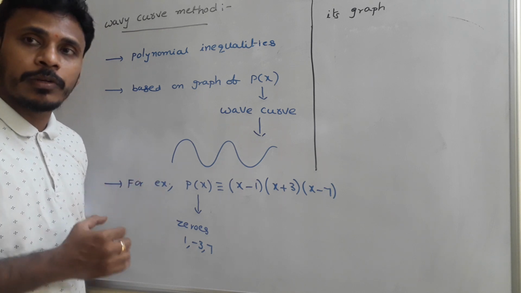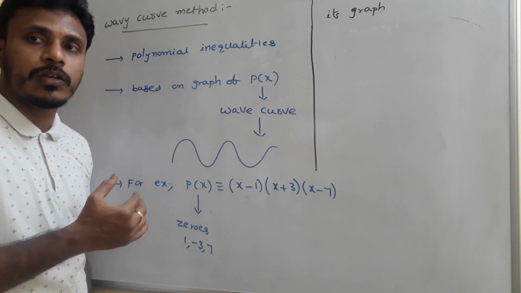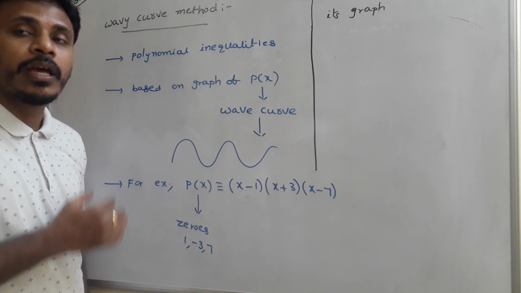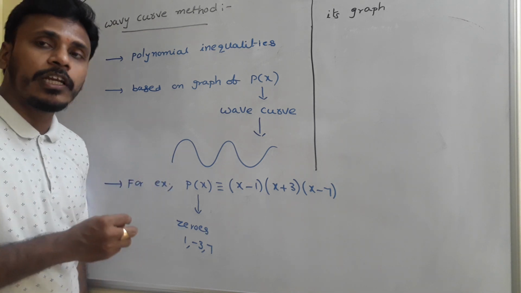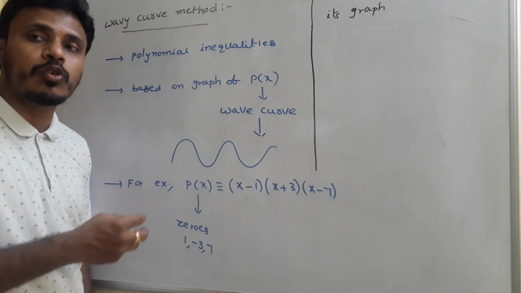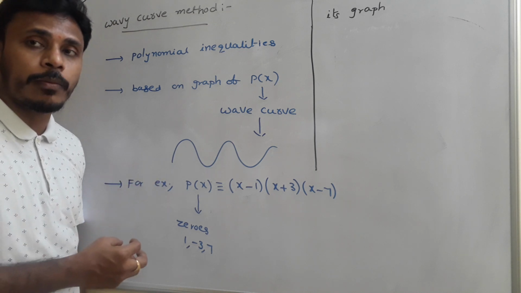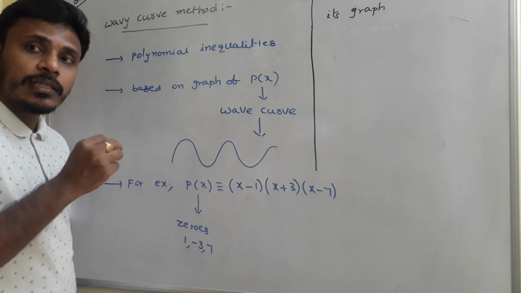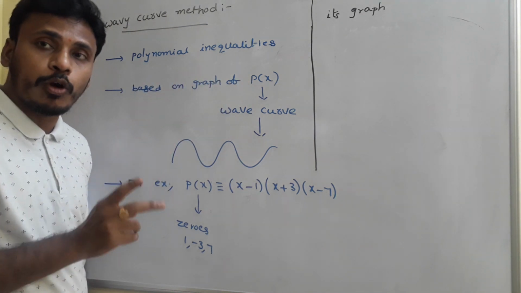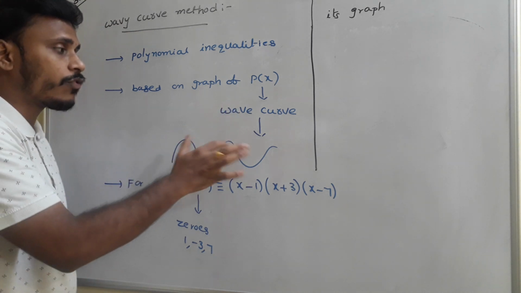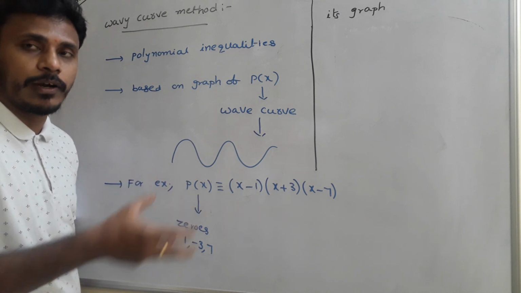Already we discussed the way to solve quadratic inequalities. Whenever a quadratic expression is positive, whenever it is negative, it's completely based on the graph of that quadratic expression, and we solved it, okay? In a similar way, to solve a polynomial inequality, we need to find the values of x such that the polynomial is positive or negative. For that, the discussion is completely based on the graph of the polynomial, and the graph of every polynomial is just like a wave curve, like this it will have, okay? So that's why we call this method the wave curve method, because we are using the wave curves, okay?